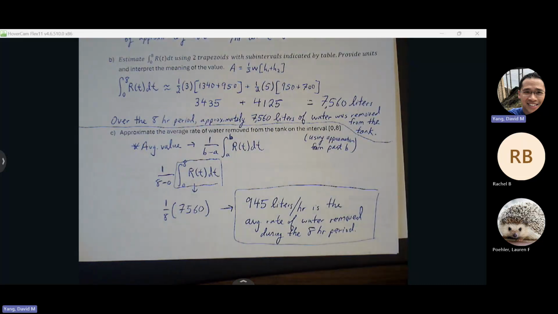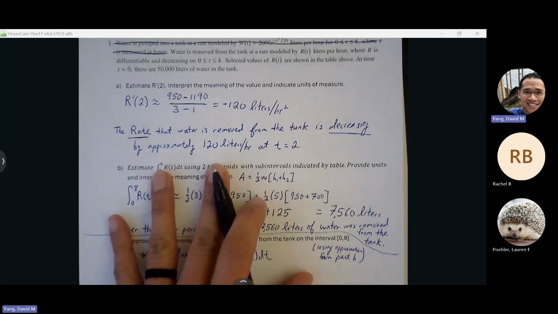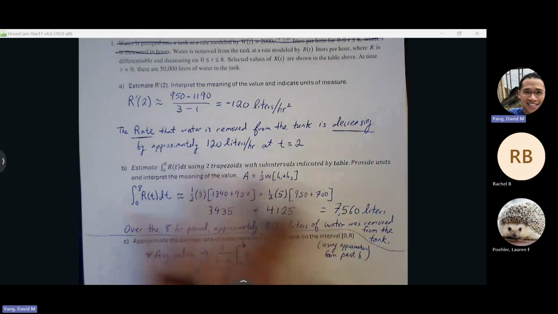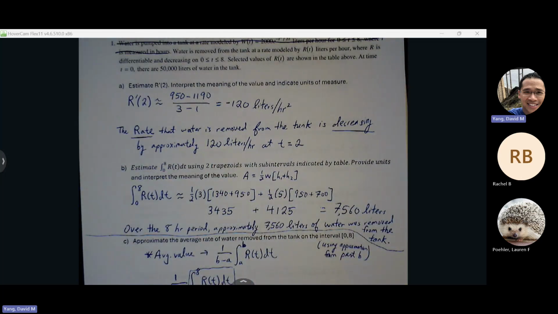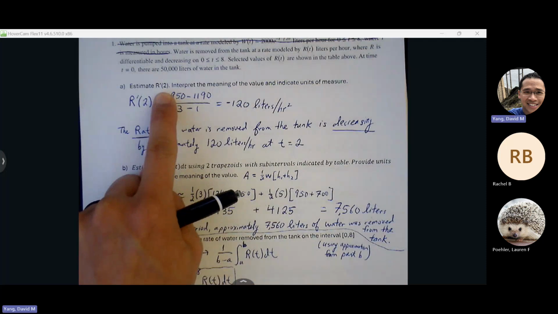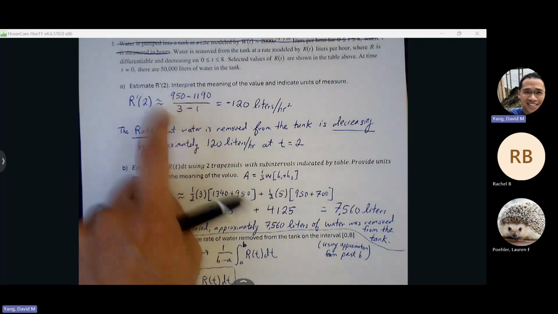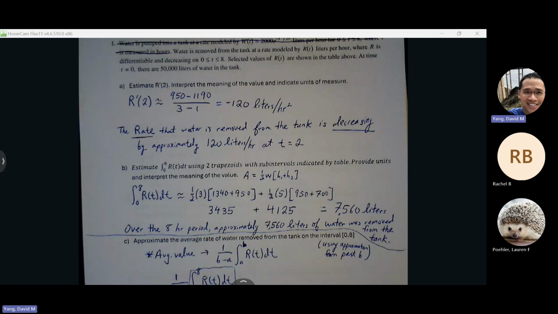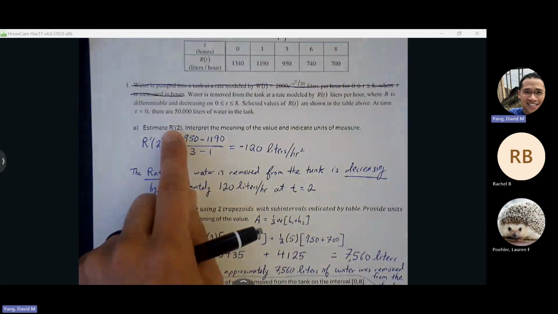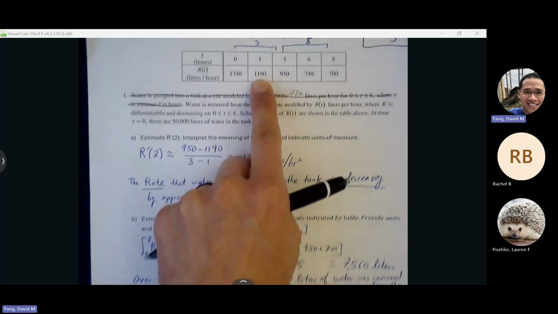Say problem A was estimate R of 2 instead of R prime of 2, or it was interpret the meaning, and it wasn't on that level, would it be liters per hour, or just liters? Hold on, ask your question again. If it was R of 2 instead of R prime of 2, would it be liters per hour or liters? Oh, if it's R of 2, then it'll just be 1190 or